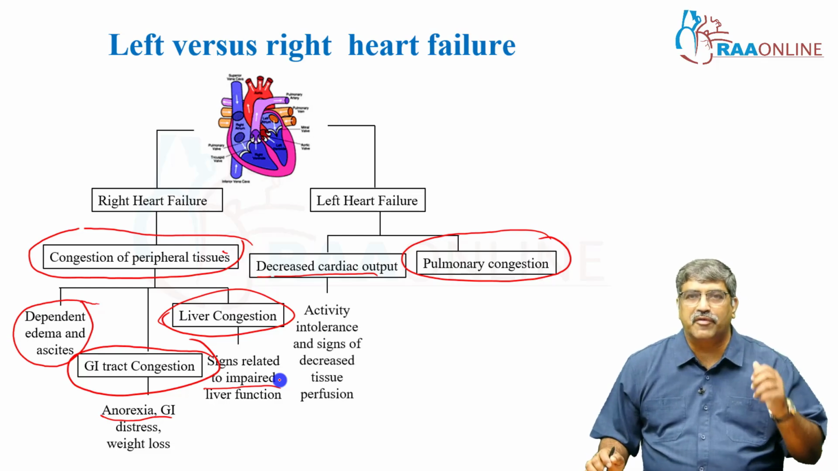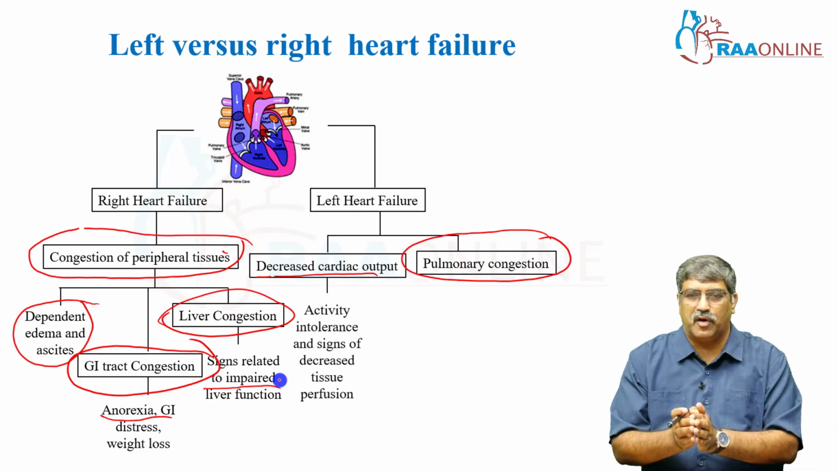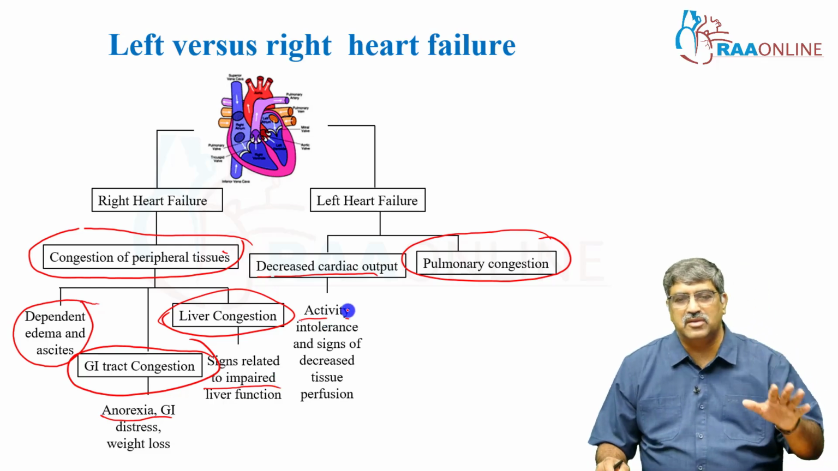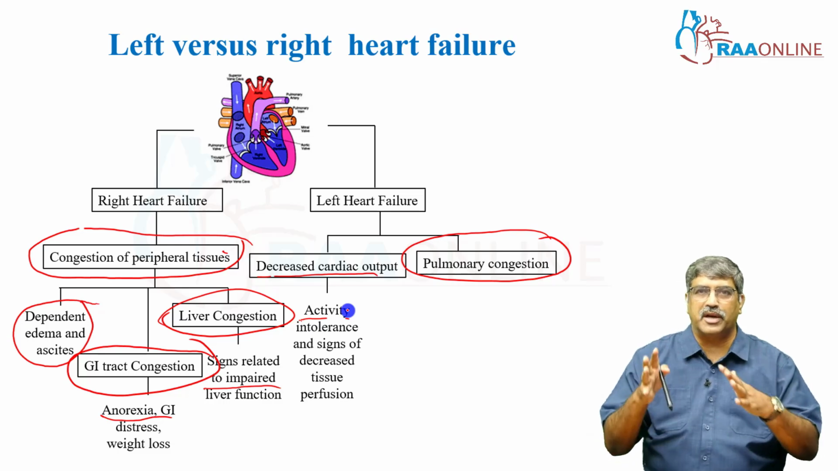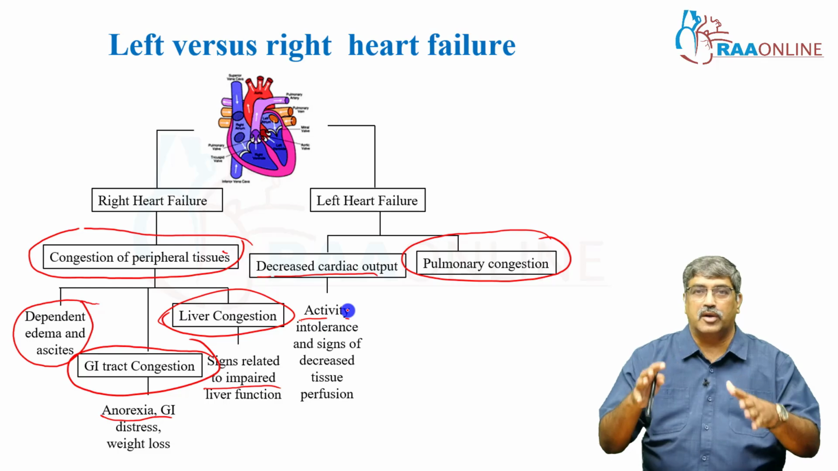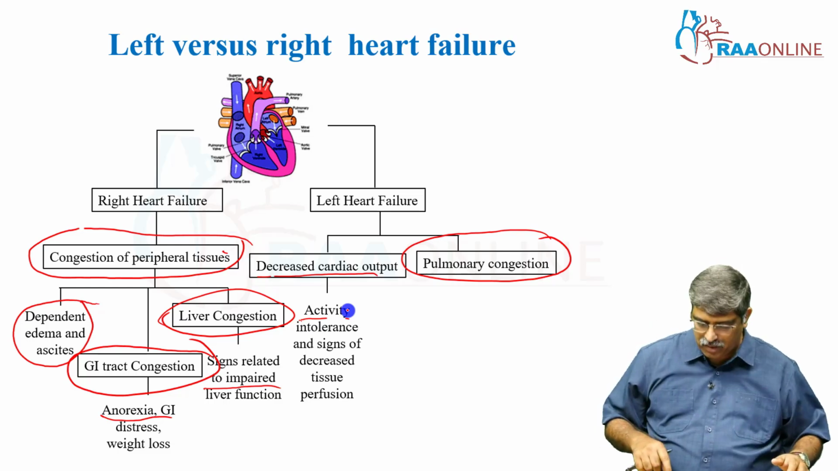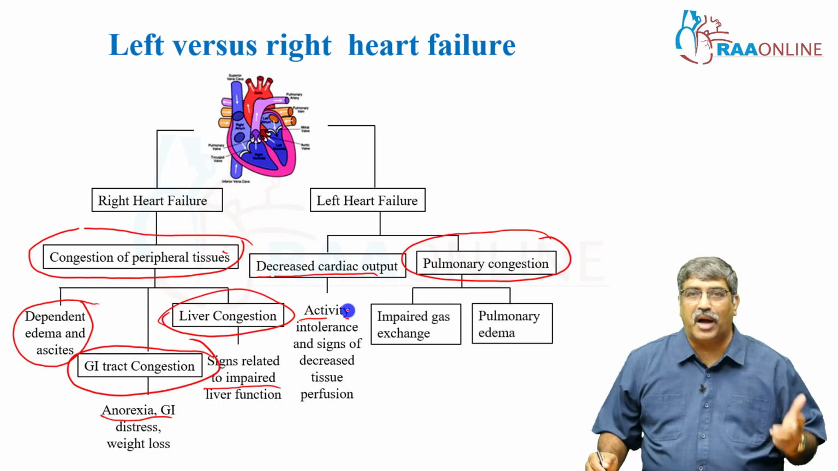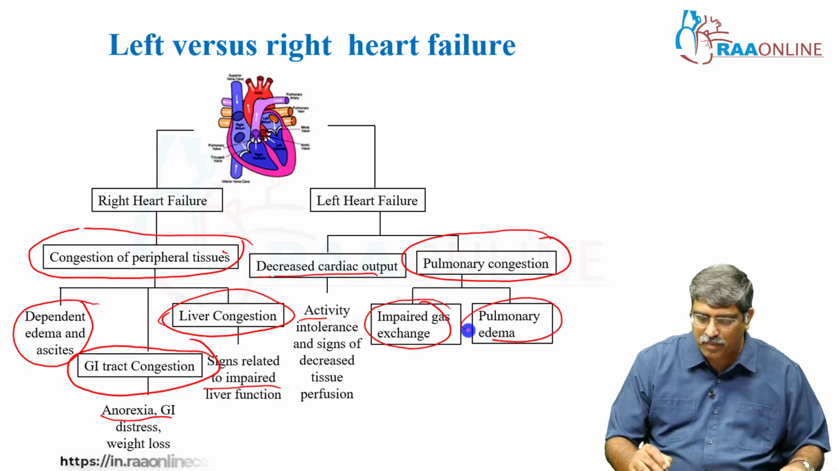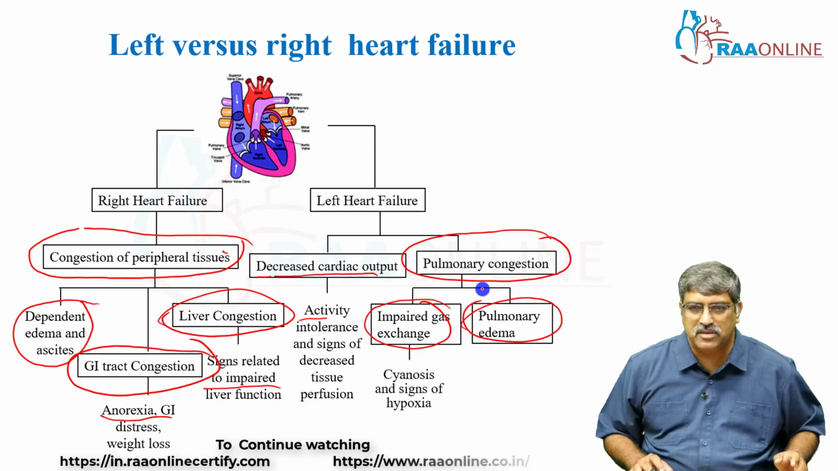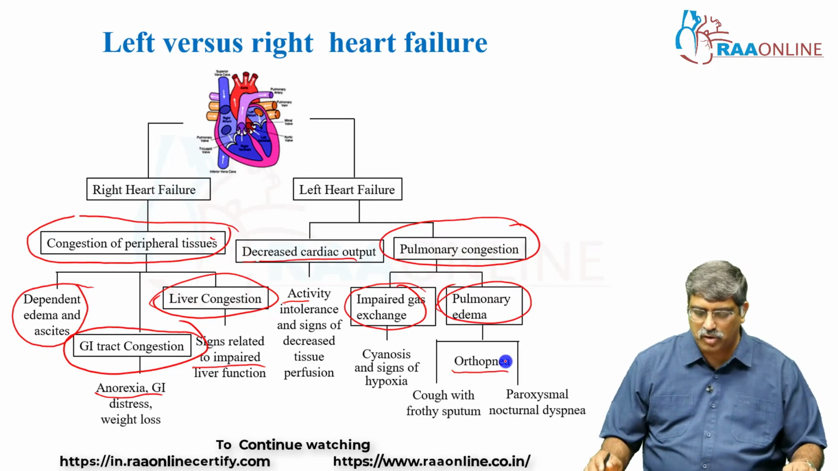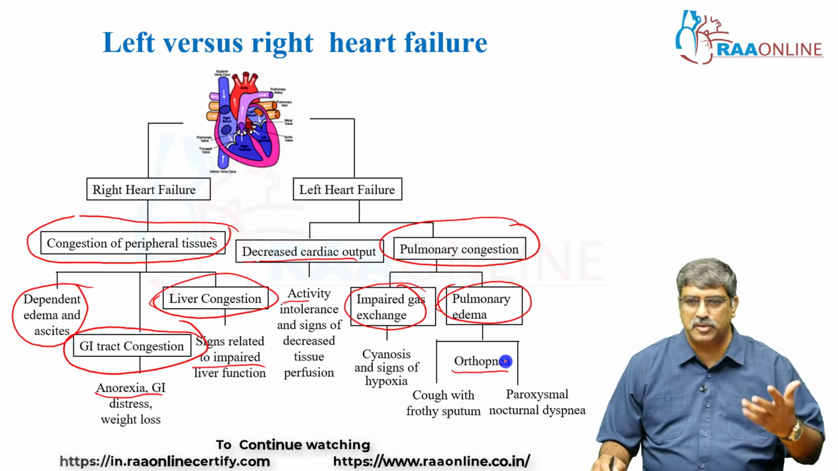Coming to left heart failure, there is going to be decreased forward flow. So, there is activity intolerance and signs of decreased tissue perfusion. That particular organ, like renal perfusion, can be altered, or liver perfusion can be altered, or even GI perfusion can be altered. And coming to pulmonary congestion, there is going to be impaired gas exchange and pulmonary edema, which leads to signs of hypoxia. With pulmonary edema, there is going to be orthopnea, you have cough with frothy sputum or